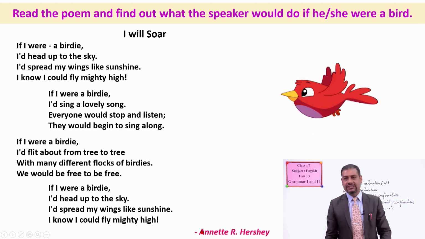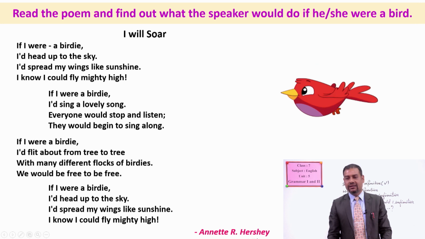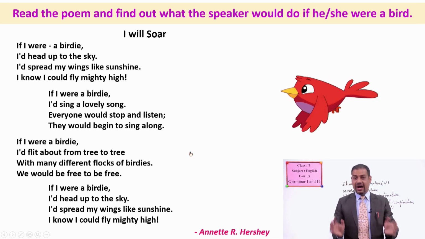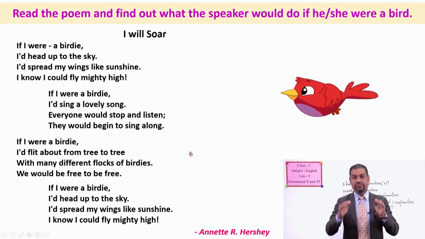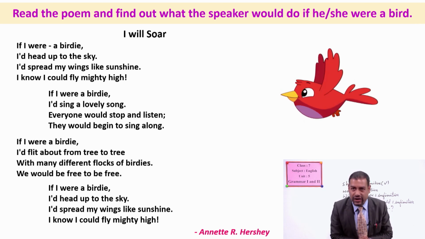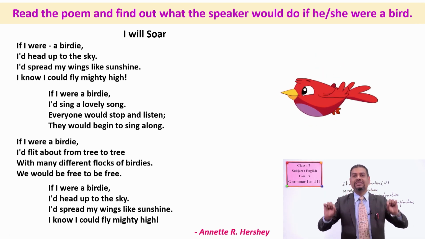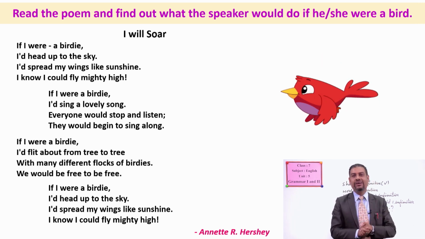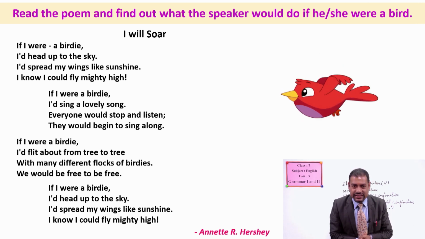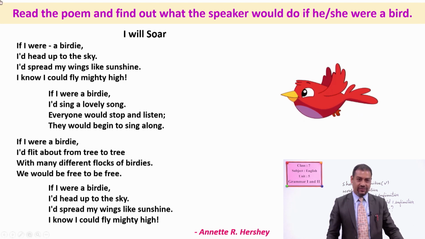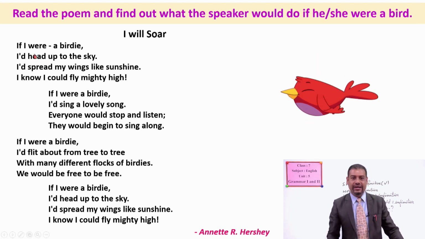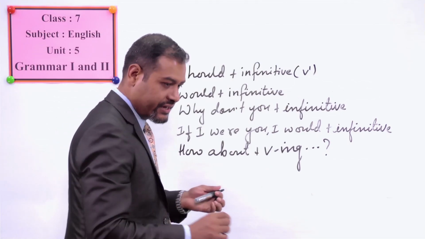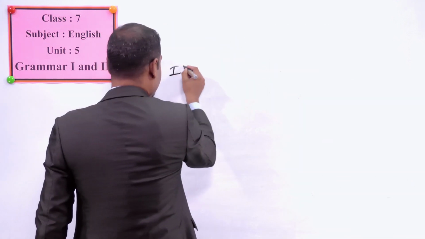And this poem is composed by Annette R. Hersey. Okay. Now, dear students, the main purpose of reading this poem is that you have to notice the structure used in this poem. Now, can you tell me what structure is used here? See, of course, you can see the first line. Look at what is there. If I were, okay? If I were,